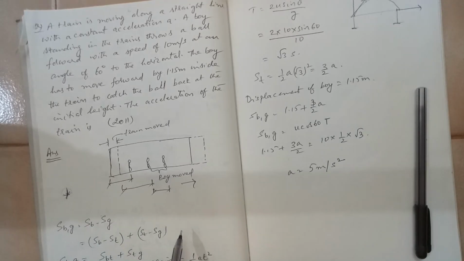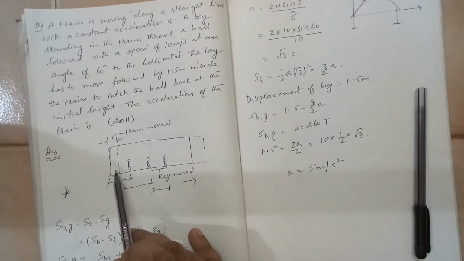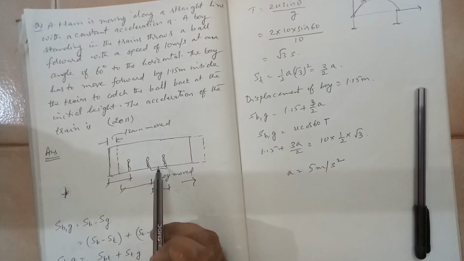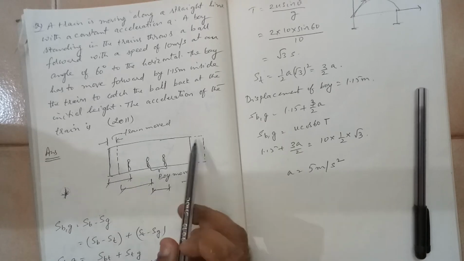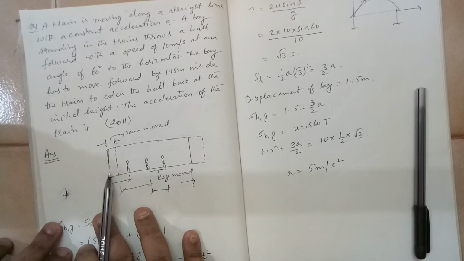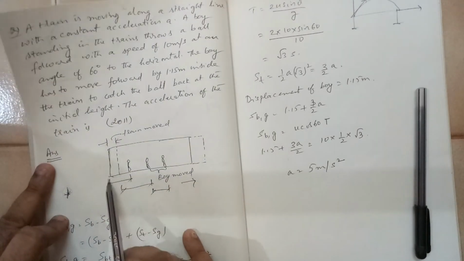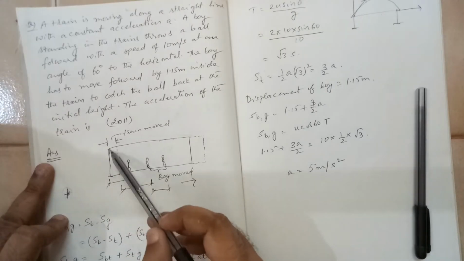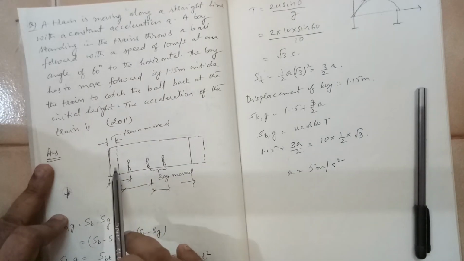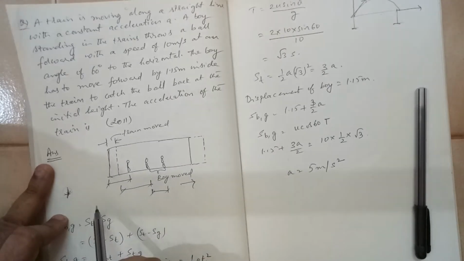Now when this train is moving, let us say the boy is inside the train at some particular location. When the train moves, the boy also automatically moves. If the boy is simply standing, his position in the train, let us take the rear position, will be the same. With respect to the train, if this is 2 meters, he will be 2 meters only. But this boy also is moving.